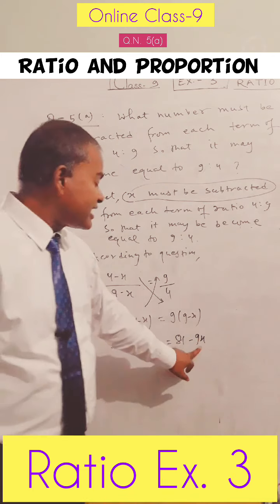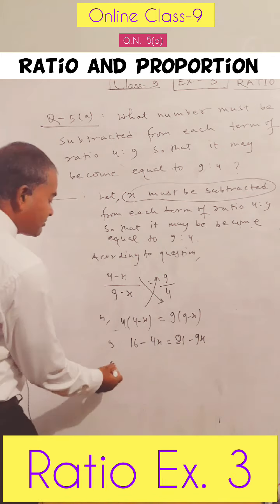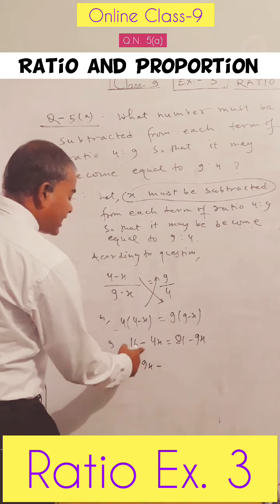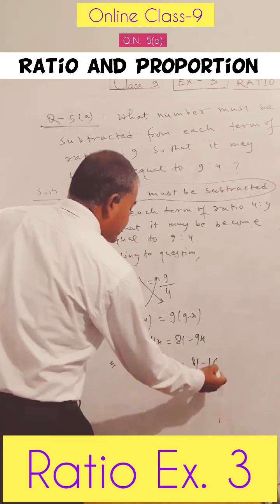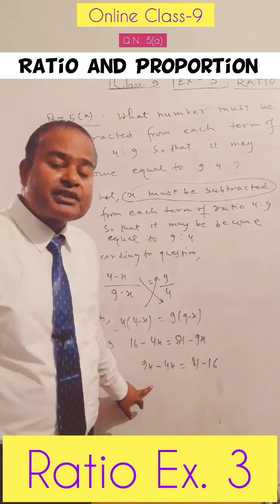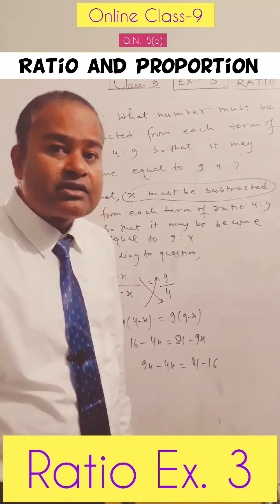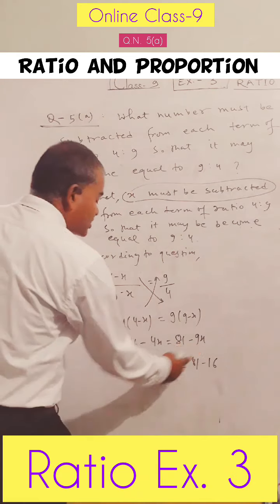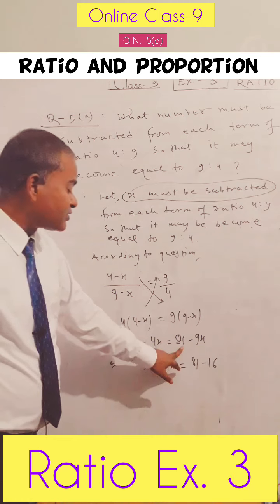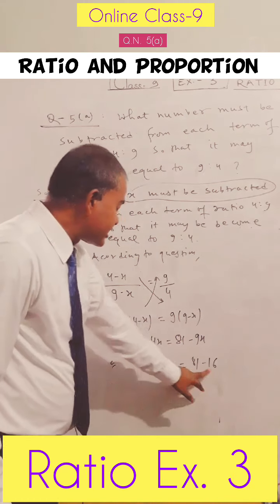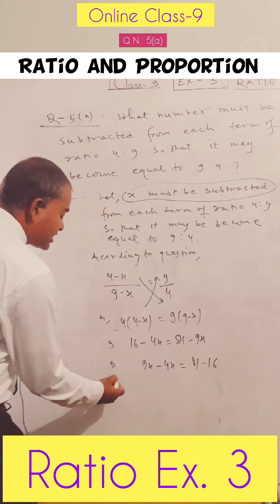So dear students, now minus 9x will move to the left hand side, then minus 9x will become plus 9x, and minus 4x keeping as it is, and 81 minus 16. We'll keep the variable terms on one side and the numbers, that means constant terms, on another side. So minus 9x we have moved to the left hand side so that 9x and 4x we can subtract, and 81 is the greater number, so 16 we have moved to the other side, so plus 16 will be minus 16. So 9x minus 4x we can write